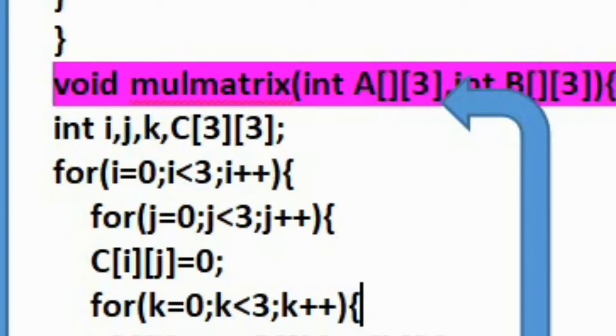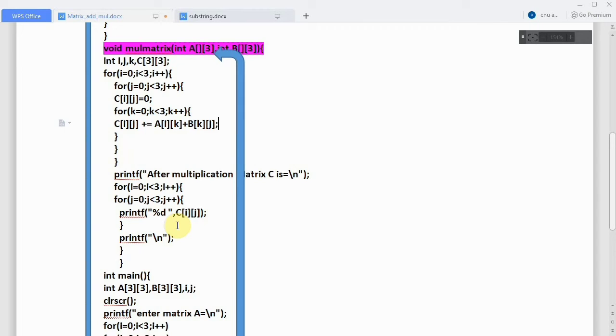This third for loop will actually perform the multiplication operation. So what is the formula here? You have to write it as C of ij equals C of ij plus A of ik star B of kj. Okay, so this is a star actually. Look here, I have made it into a shorthand notation. Actually, it should be C of ij equals C of ij plus A of ik star B of kj. I have taken that plus before the equals to, that means I have designed it into a compound assignment. So C of ij plus equals A of ik star B of kj. This will perform that multiplication.